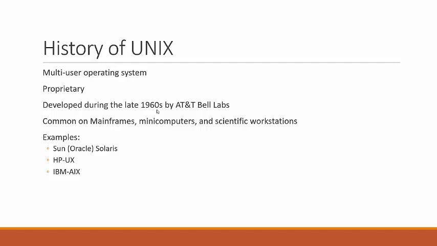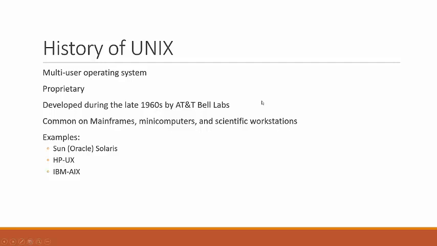So the original version of Unix was developed by AT&T Bell Labs, and this happened during the 1960s. The first version of it was released in 1970, and really, as far as Unix is concerned, January 1st, 1970 is the beginning of time. It's the start of the universe. All Unix machines, including Linux, set their system clocks by counting the number of seconds from January 1st, 1970. Right? There's the beginning of it.